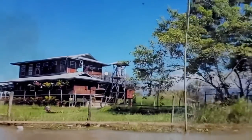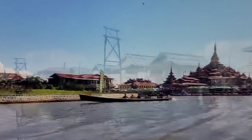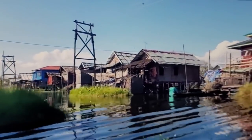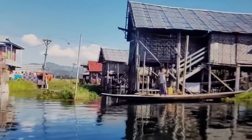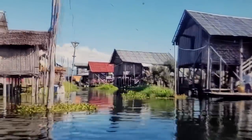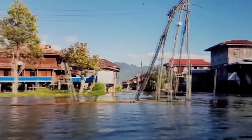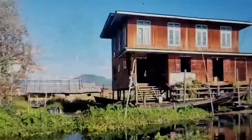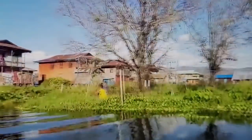Now, all along this region, there's lots of beautiful Buddhist monasteries and temples as well, and really cool architecture. So I highly advise going there, checking it out, if you ever get the chance. Right now, the government is in a civil war, unfortunately. The army has kind of had a coup, and this region, the Shan region and the Wa region up in the mountains,